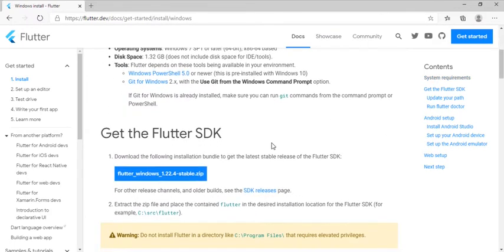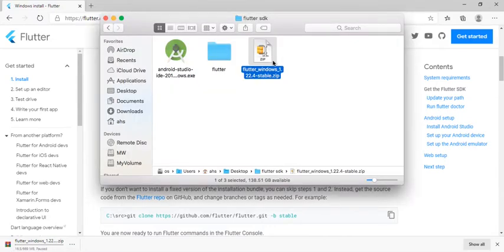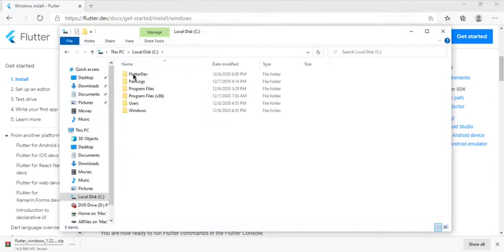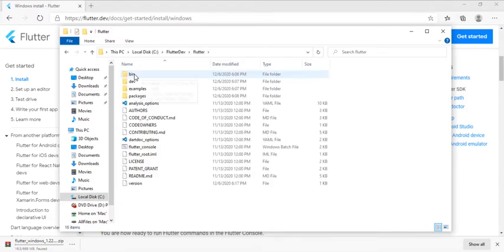Here we come to Get the Flutter SDK. Here we have to download this zip file. This is the Flutter SDK for Windows. Click here. After you download this, you unzip it and put it in some folder. Mine, I named it Flutter Dev. You can put any name you want and extract your Flutter SDK. Inside we can see all the files and folders